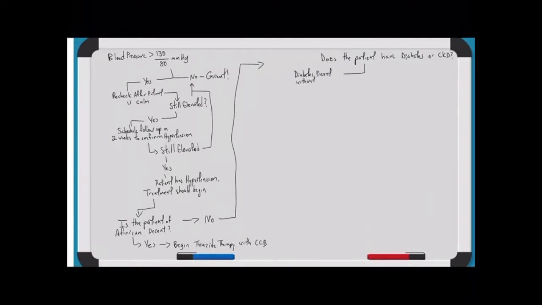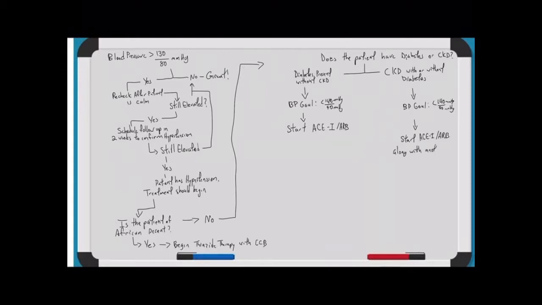chronic kidney disease. If the patient has diabetes without chronic kidney disease, the blood pressure goal is 140 over 90 millimeters of mercury, and you should start an ACE inhibitor or an ARB. If the patient has chronic kidney disease with or without diabetes, the blood pressure goal is the same, but you want to start the ACE inhibitor or ARB along with another class of antihypertensive such as a thiazide or a calcium channel blocker. In this last slide,